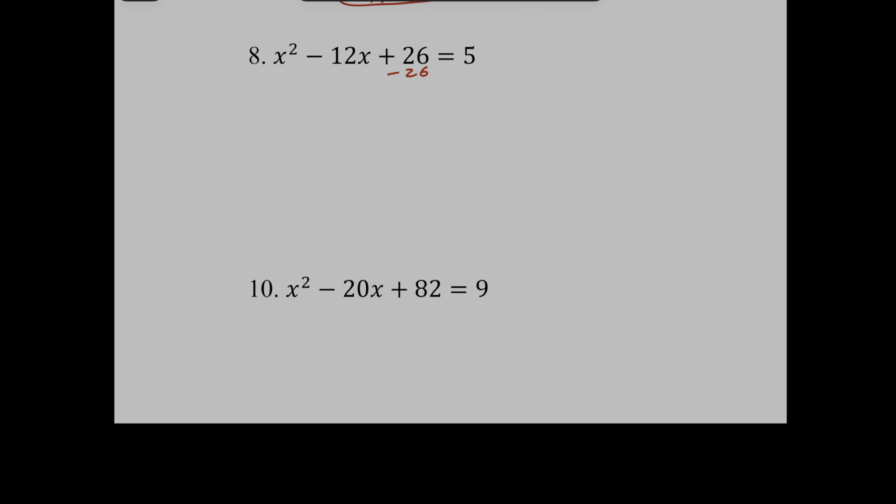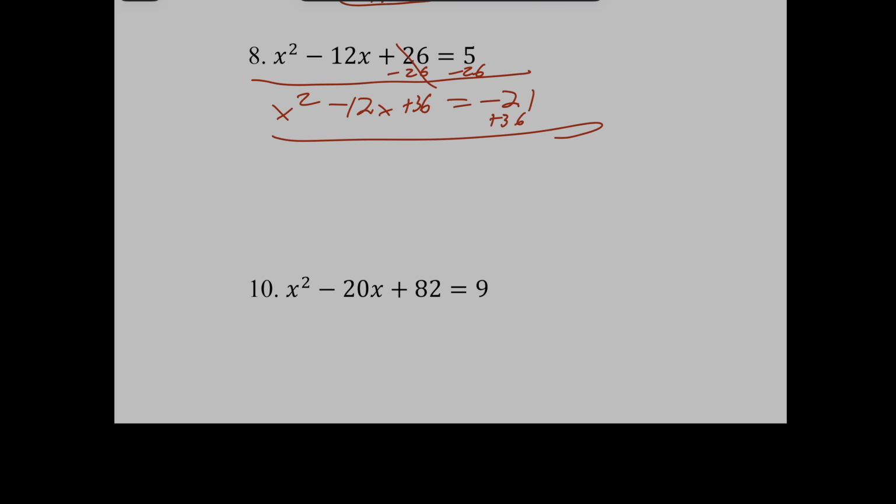Let's go ahead and subtract that 26 from both sides. x squared minus 12x equals negative 21. Now I did that because it makes it a little bit easier to find that trinomial when you have that blank there. You just take half of the x value, which is 6, square it, and it's 36. So add